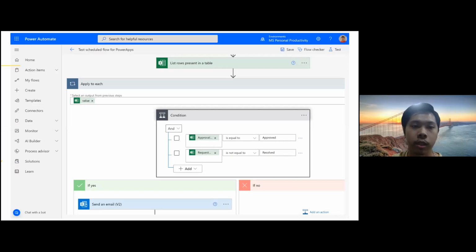So for example here, it looks at a certain condition, whether the column approved is yes or no, whether it's approved, and whether it's been resolved in terms of a ticket. So depending on this condition, it will either A, if it's met, send out an email, or B, do nothing. So you can see it's very easy for you to combine different tools and solutions that you're using to get the result you want to get.